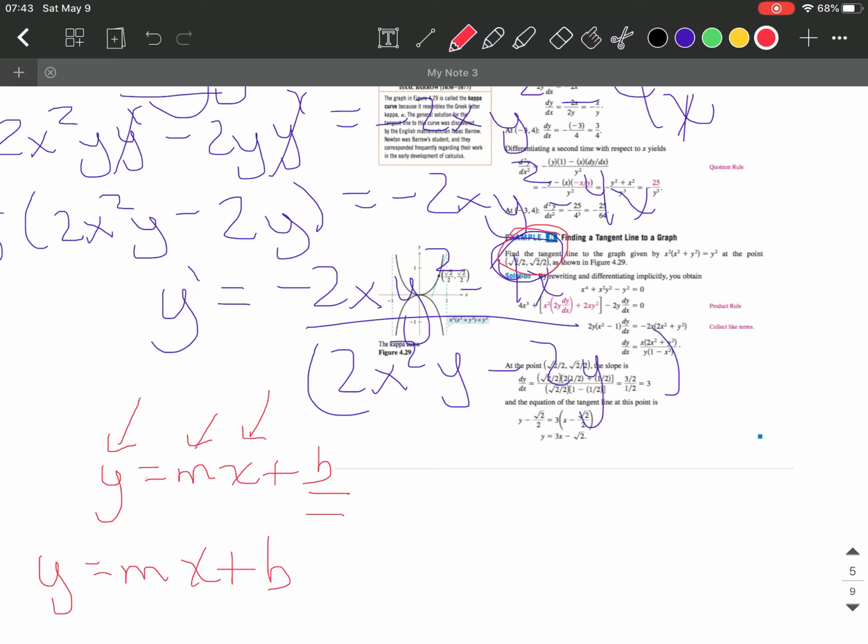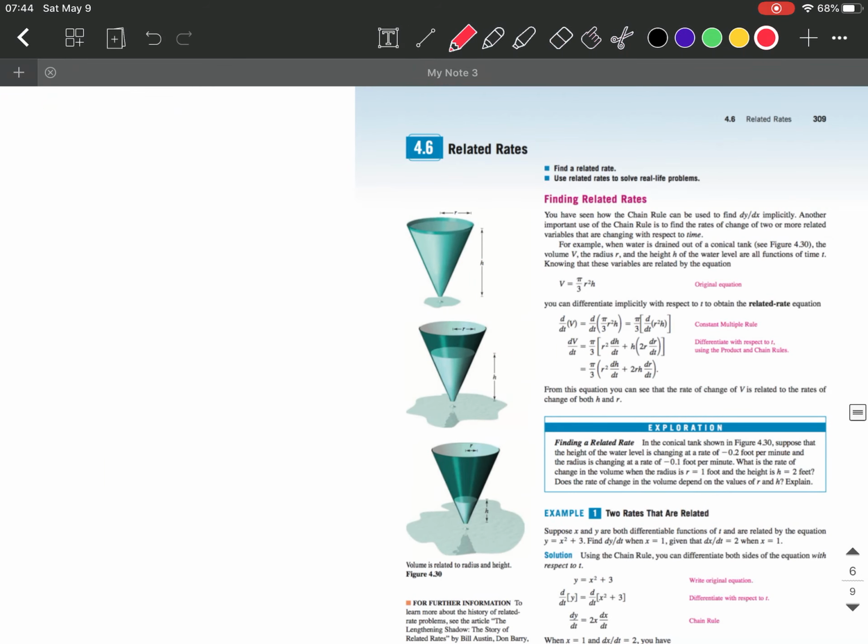Some teachers prefer y minus y1 equals m times x minus x1. Then plug in your point for x1 and y1, your derivative for m, and solve for y. Try either, and you should get y equals 3x minus square root of 2, and if you can't get that, send me a message. Okay, that's it for